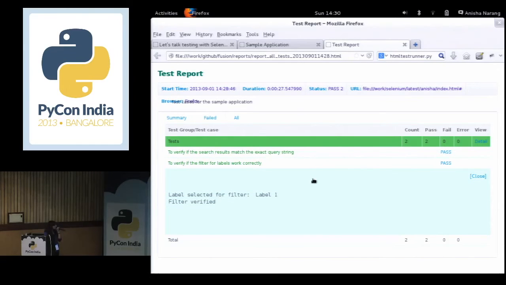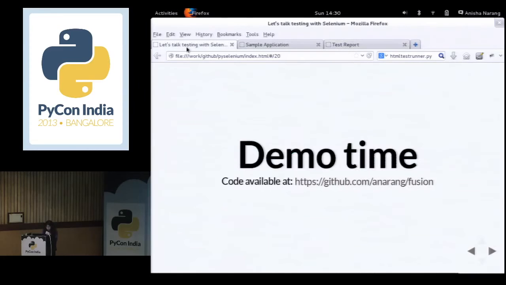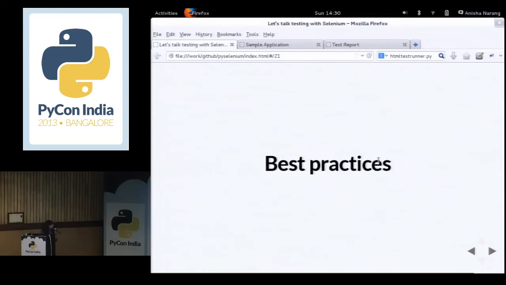Moving back, I would sum up by talking about some of the best practices that one should follow. Always create good quality test input data. It is very important for you to have good quality test data in order to have complete testing of your application, to decide which format you are going to keep your test data in. Follow the DRY principle. Use the logging module